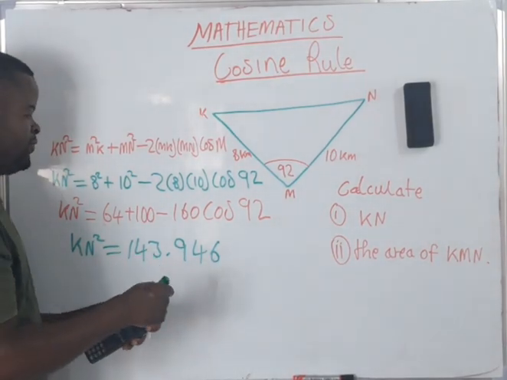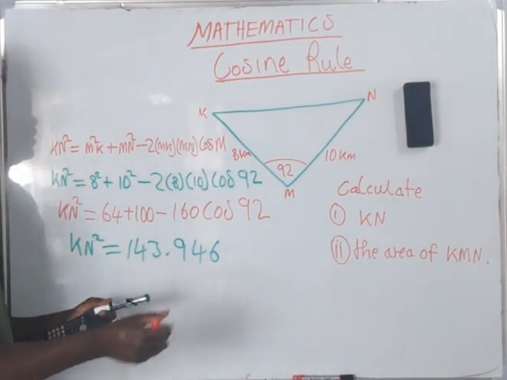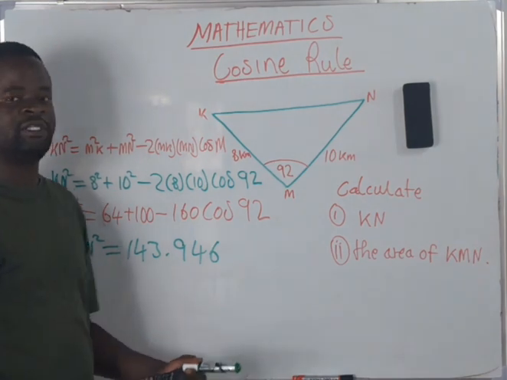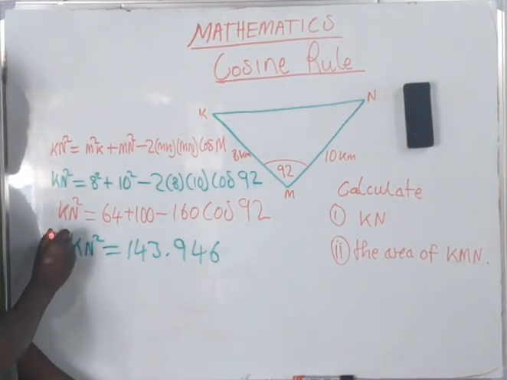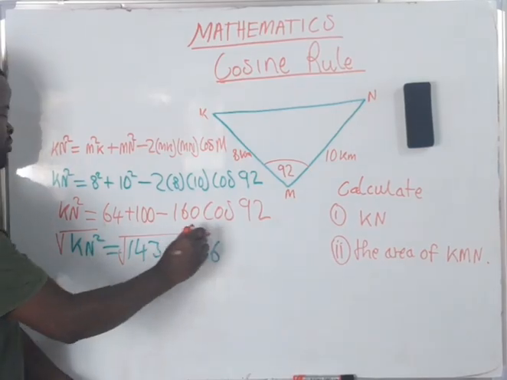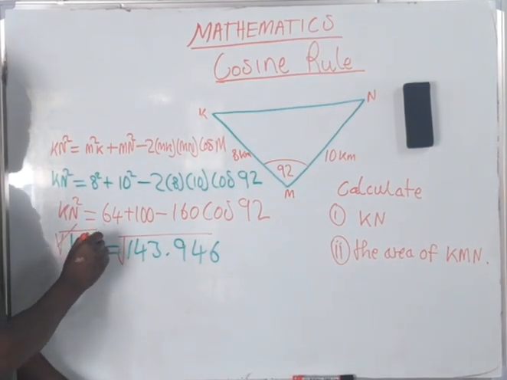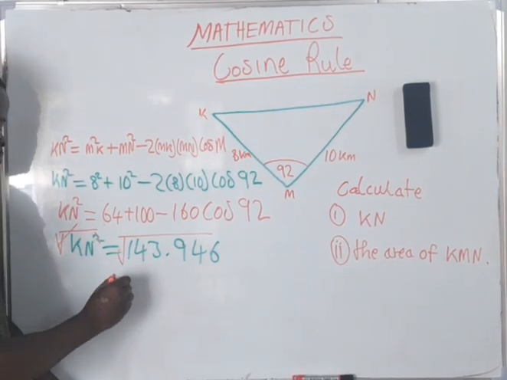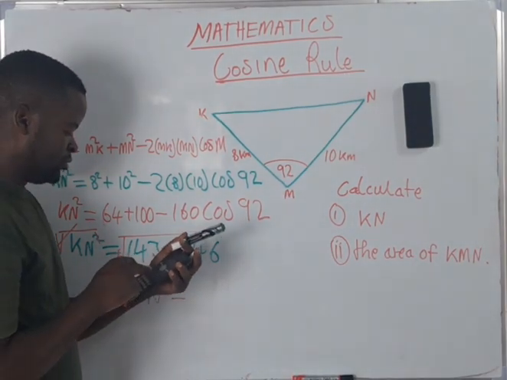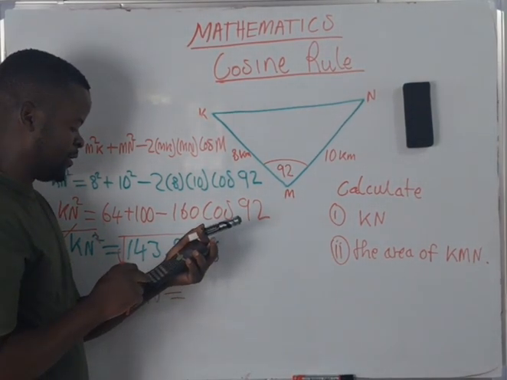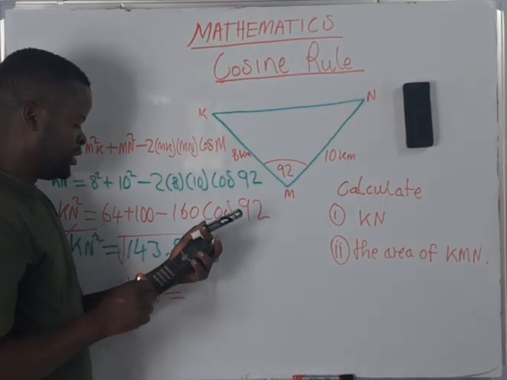Now remember that the question was demanding me to find distance KN. So for me to remove this power 2, I'm going to introduce a square root on this side as well. So the square root and the power 2 will cancel. Distance KN is equal to, so I'm going to go back to the calculator and press a square root, then I'm going to get